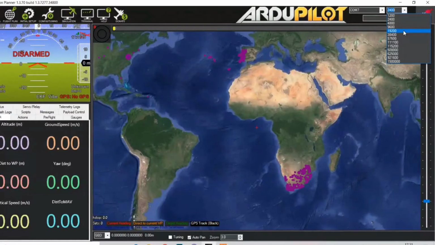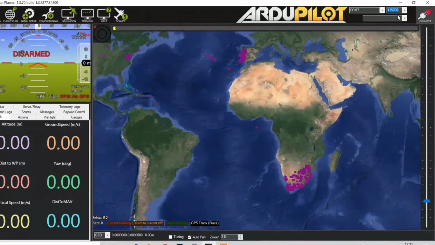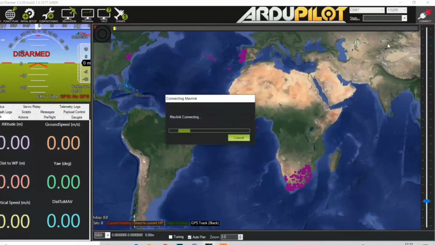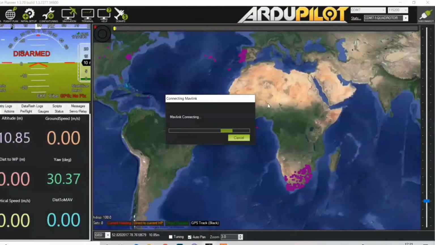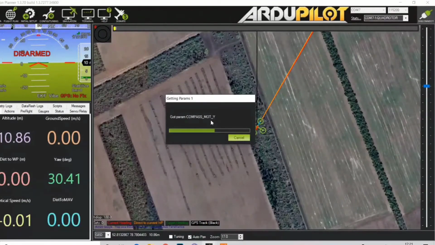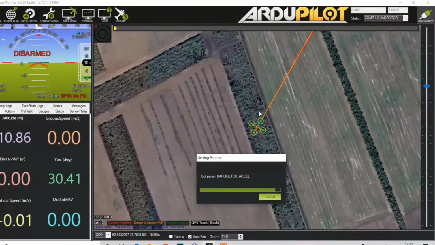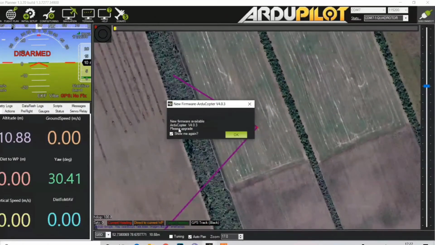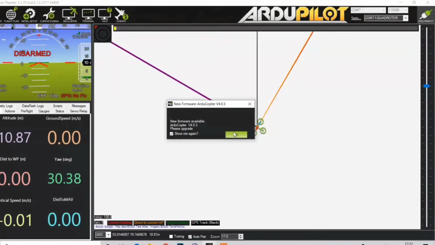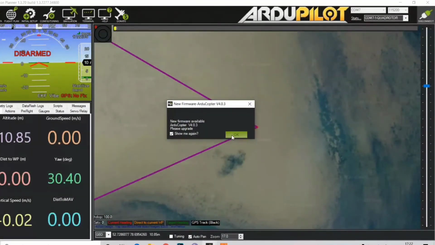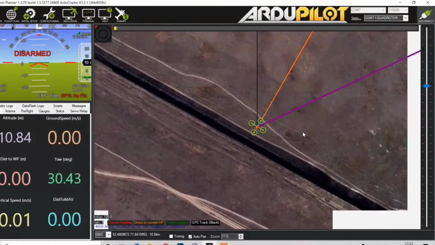And just like that, you have to select different baud rates to check whether your APM is connected to the computer or not. So in my case it is the 115200. This is the baud rate that my APM is going to connect with, and once I select it and click on connect, as you can see, it is now getting all the parameters necessary for the connection, and my drone is showing over here, which is a false location. I don't know why it is showing that. So right now as you can see, it is connected to the Mission Planner software, so I'm going to click on OK, and that's it, you are done.